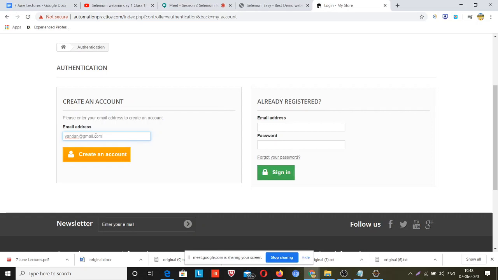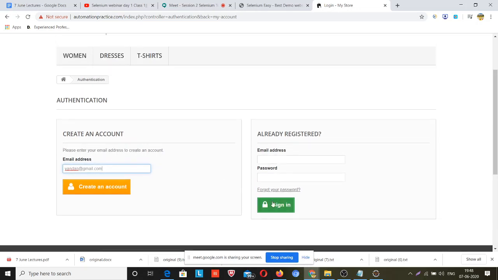Okay guys, this is a button, this is a submit button, and this is also a submit button. So these types of things, like this button, this text box, this link, these are the web elements.